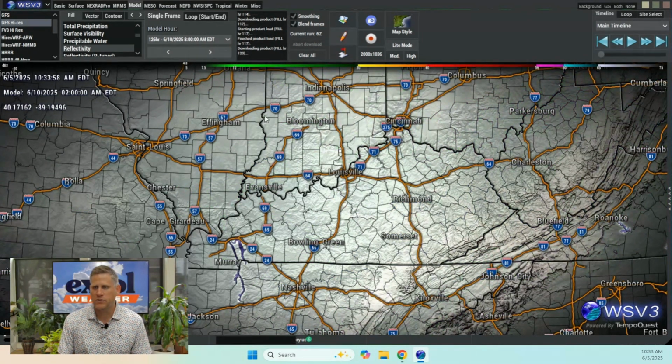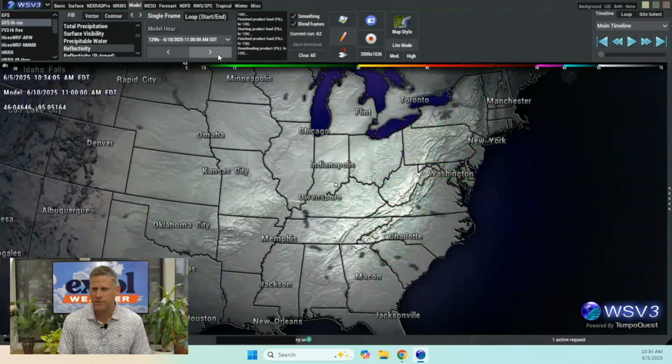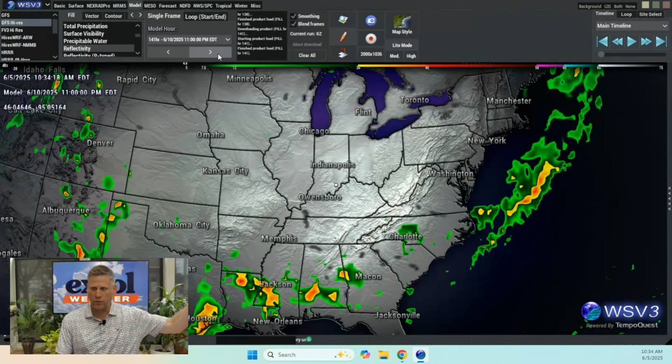So now we're going to pop ahead to June 10th. This is June 10th morning. You can see the active weather is off to the east, and hopefully we're looking at drier weather next Tuesday. I'm hoping this begins a few day dry spell next Tuesday, Wednesday, Thursday. So we're hoping high pressure moves in, those fronts settle off to the south, and so